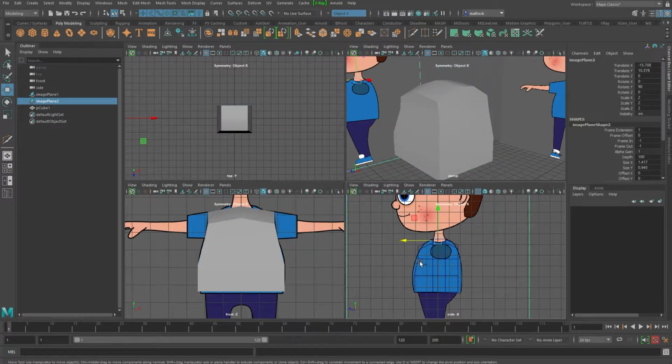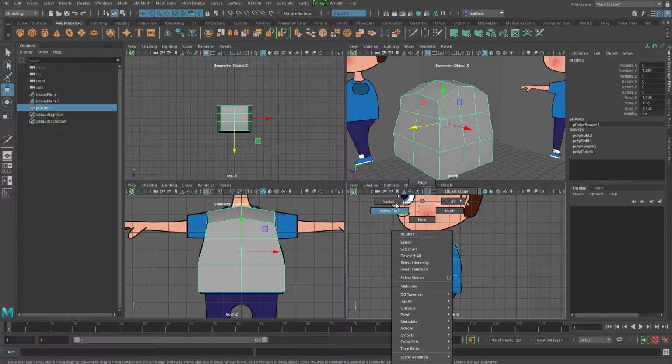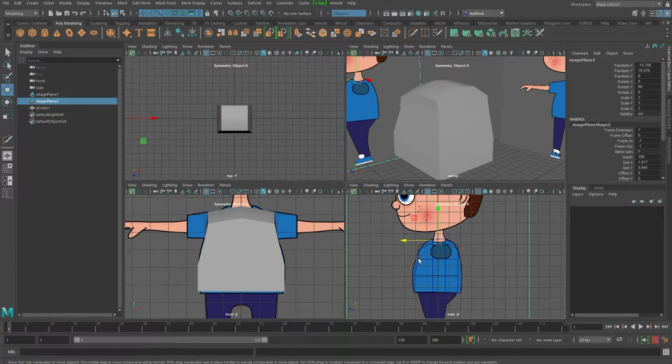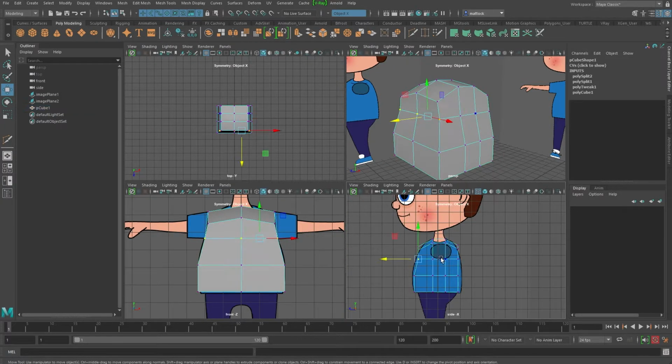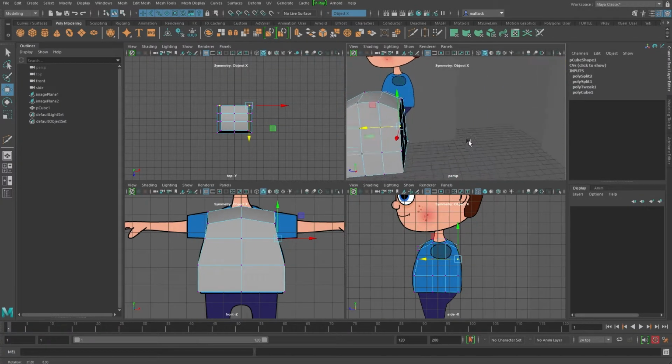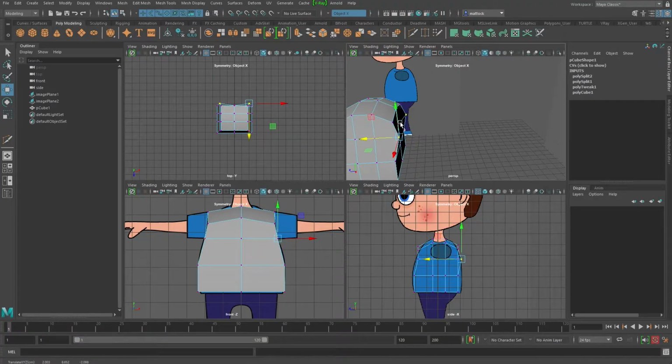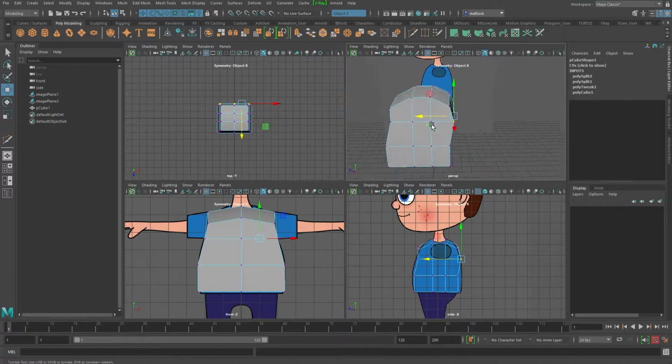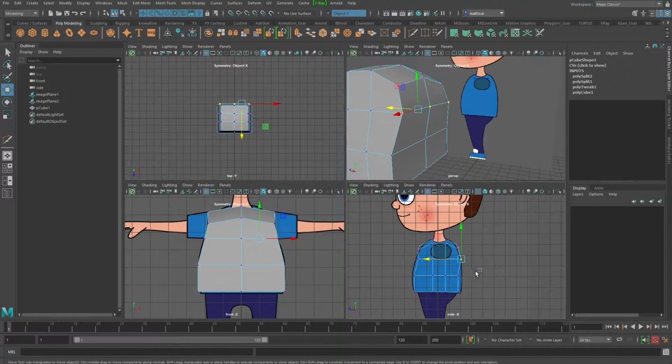Now if I go back to vertices and I just select 1, you'll notice it only selects 1 vertex. Now if I move that in and out, you're not catching the middle, but if I marquee select, see this? I'm catching the whole row. So this is the way we work.